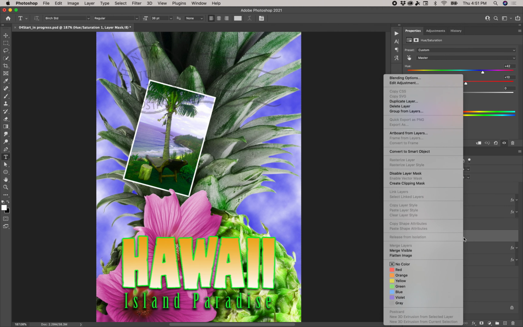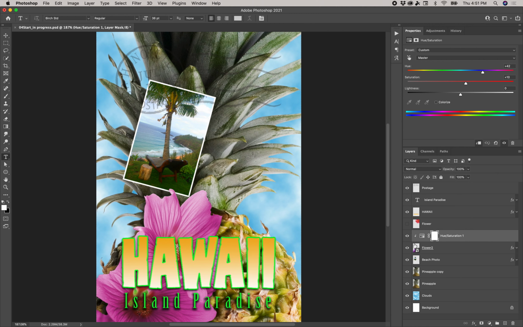Then let's right click on it, and you're going to pick Create Clipping Mask. It's just above halfway down, and you'll see it bumps over and it gets this little attachment, and now it's clipped to that layer and it's only going to affect that layer. Another way to do that is to hover between the layers,